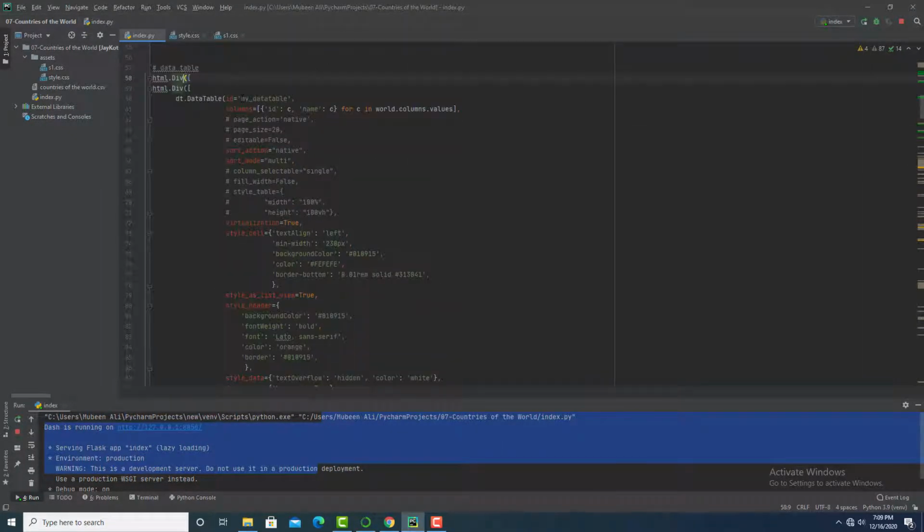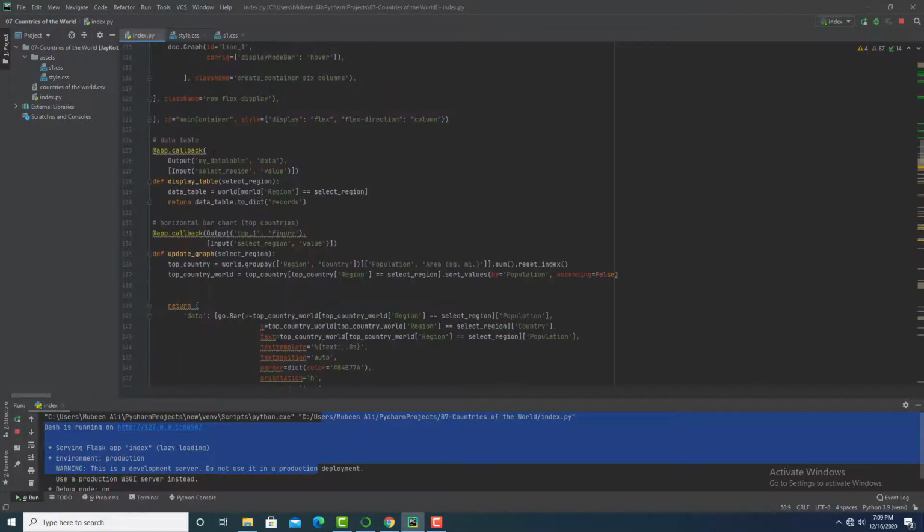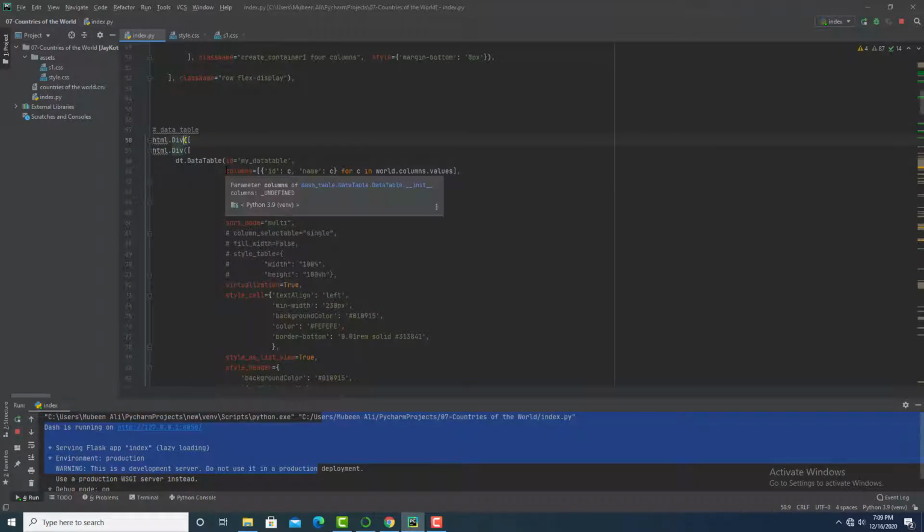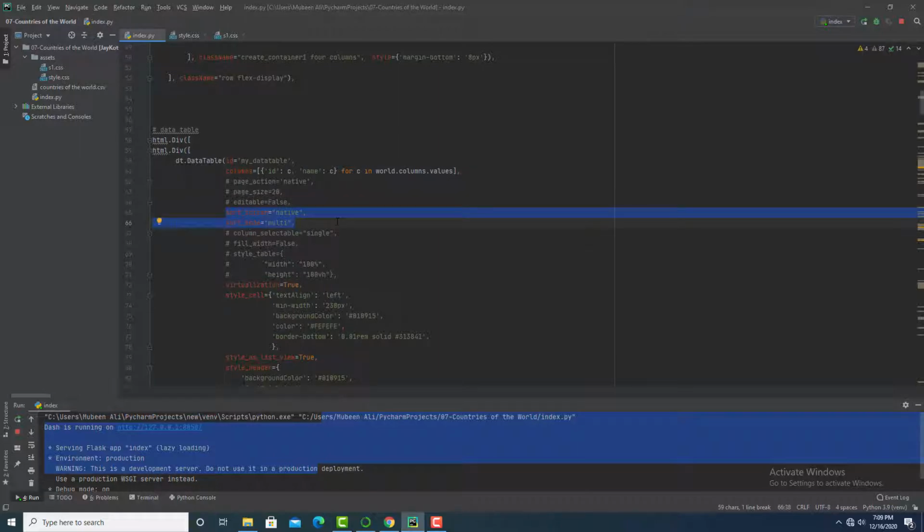So this is the id of the data table that I have used in the callback. This parameter is used to select columns from the data source. In this case, I have used all columns. Then I have created sort properties in the data table.